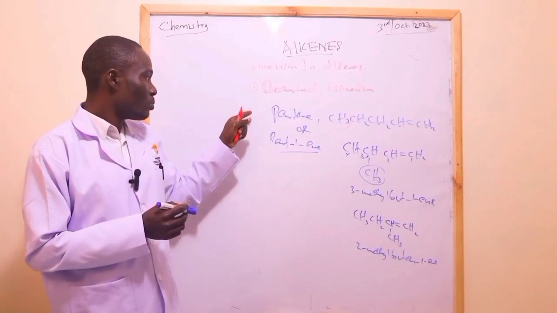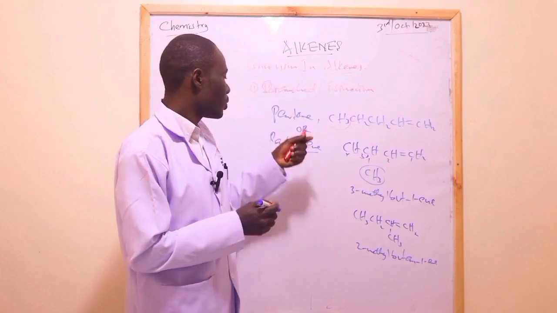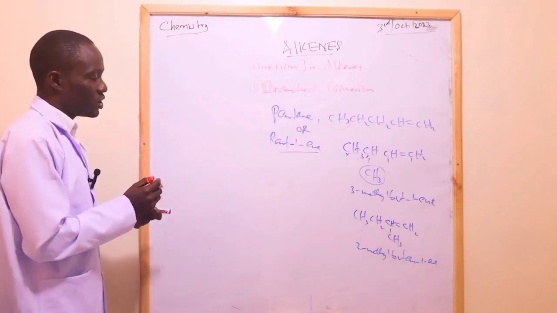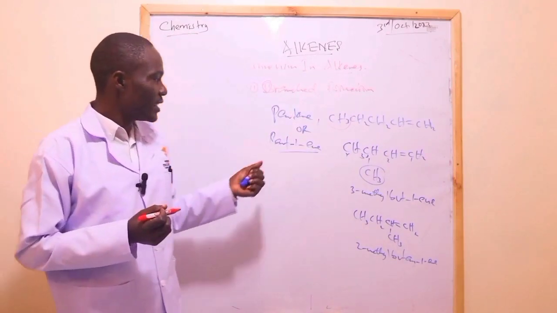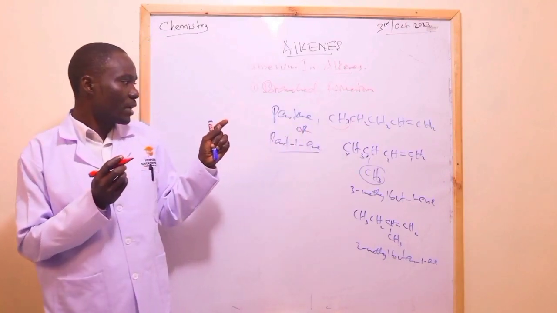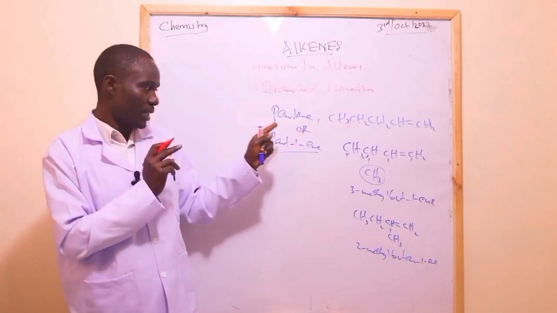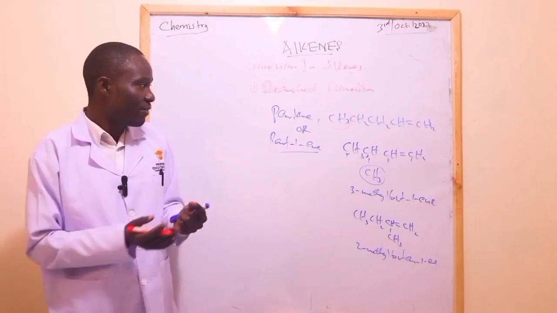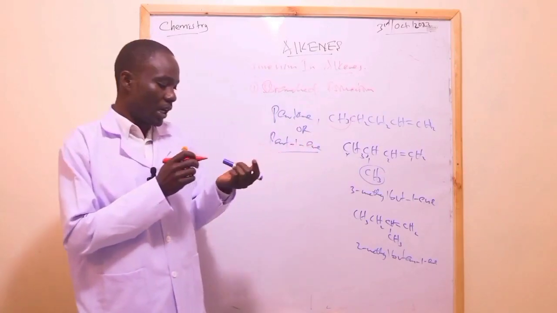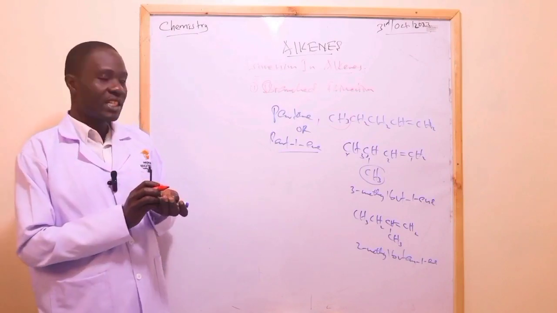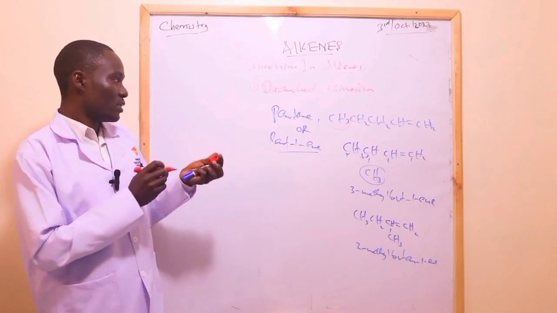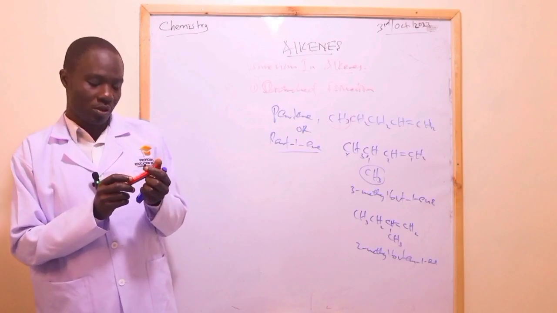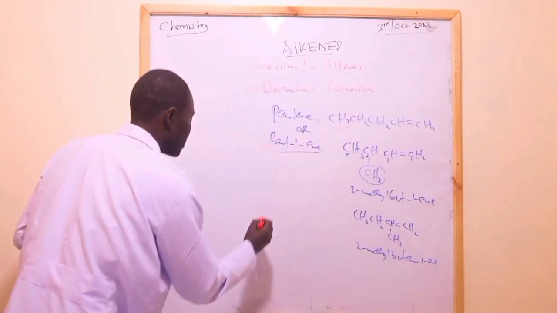So let's move to number 2, that is positional isomerism, so that we can see how many positional isomers pentene can form, so that we can have the total number of isomers that pentene can form, that is branched and the positional ones. So number 2 we have